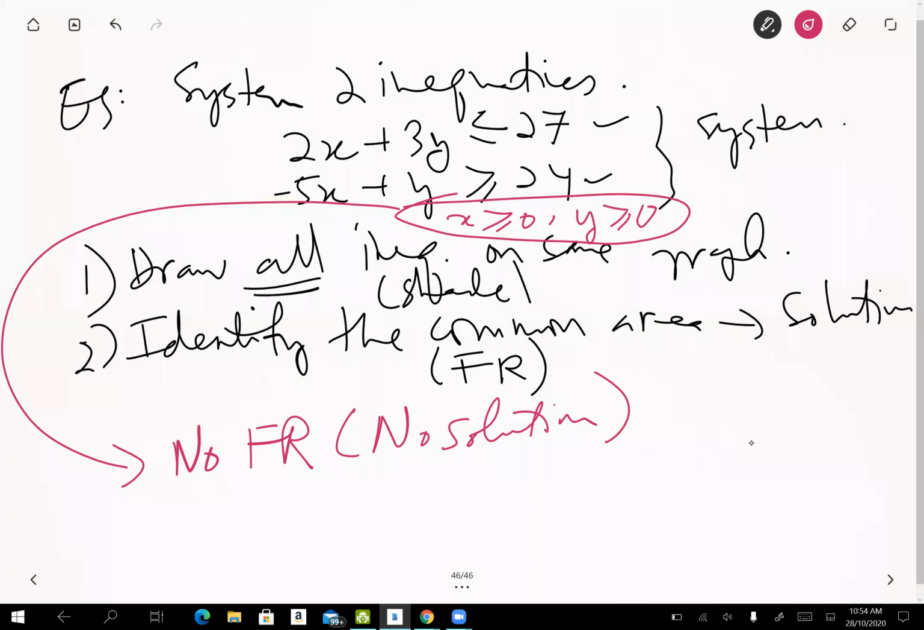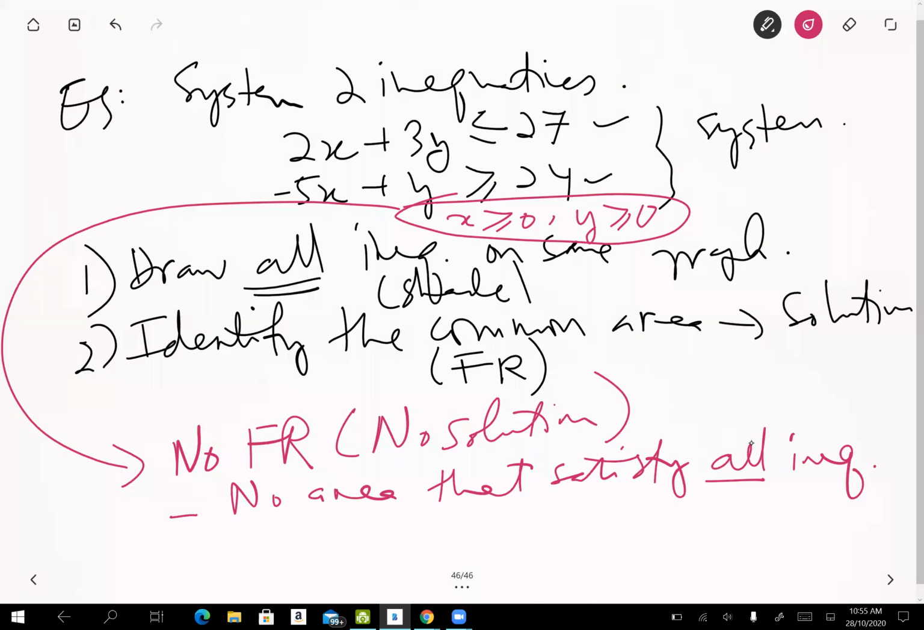Because the common area does not satisfy. The common area, there is no area that satisfies all inequalities. There is one area that satisfies 3 inequalities, which is